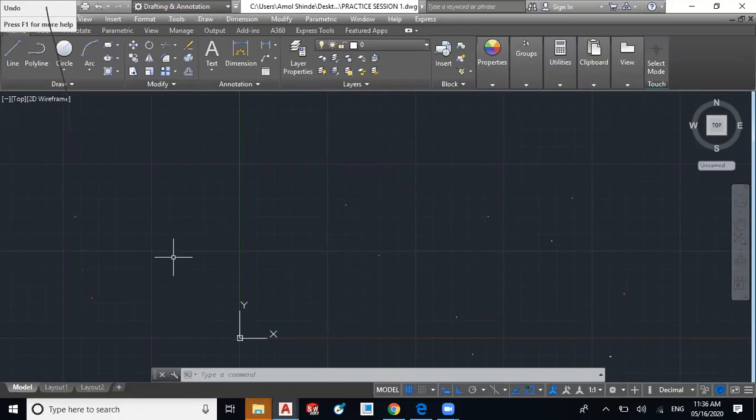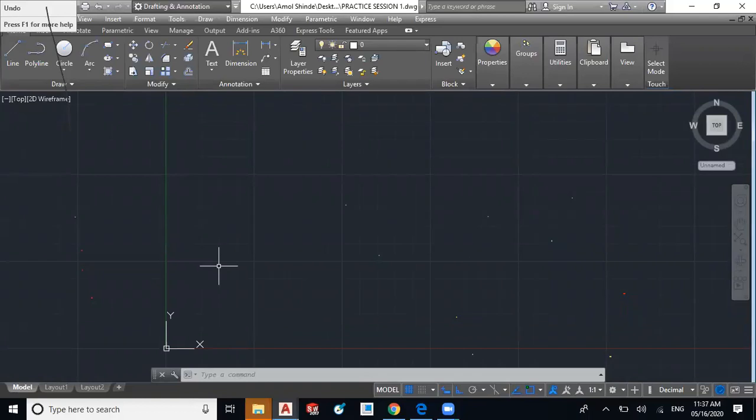Today you may say, sir, conventional drawing is better than this. But at the end of this session, on the last day, you will say, sir, software is very simple compared to conventional drawings.